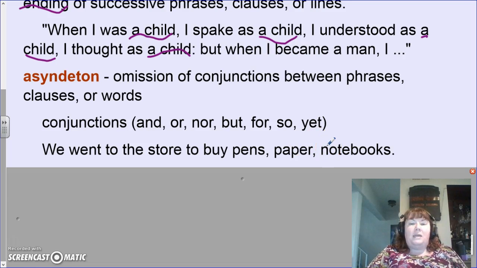It is grammatically correct. I know it's a little weird, but it is grammatically correct. So keeping in mind, the idea is it has no conjunctions in between the words that it's listing. Now looking at the other aspect here